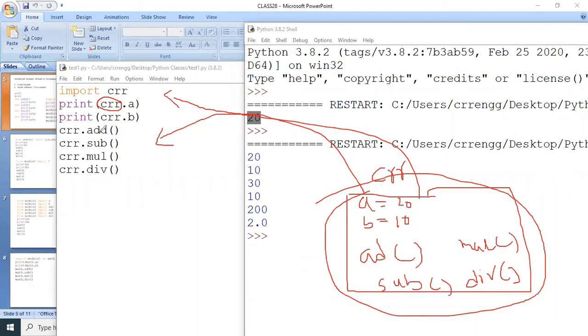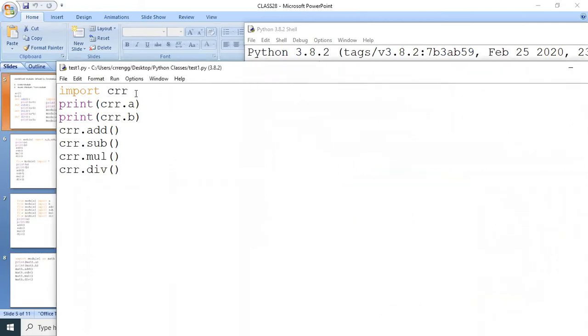If you observe, we access the variable a as CRR dot a, CRR dot b, CRR dot add. Instead of this, what if I call a directly? My intention is to print the value of a. How? We simply write like this: from CRR import a, b, add, subtraction, multiplication, division.